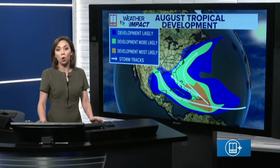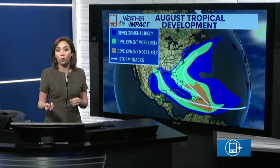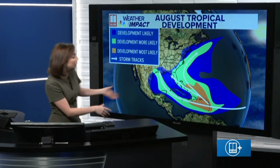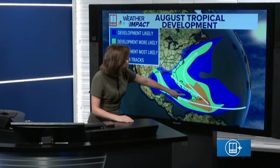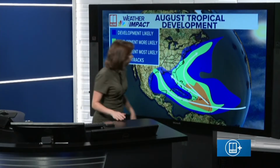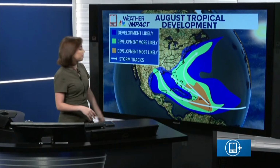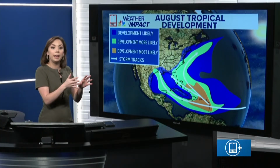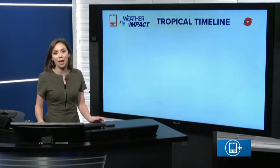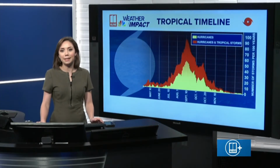Now, as we look at Erin, we're also looking at other tropical waves that will come later this month off the west coast of Africa. In the big picture, we see these waves coming off the west coast of Africa late August into the September timeframe. There are a couple of different favored paths for development in the second half of the month. We can see them moving up here, hugging the east coast, which is kind of like where we're watching Erin. Also, we can see some systems that move into the Caribbean and out into the Gulf. Those are things that we look at very closely as we near the peak of hurricane season,